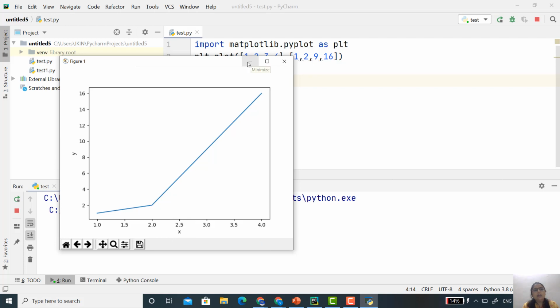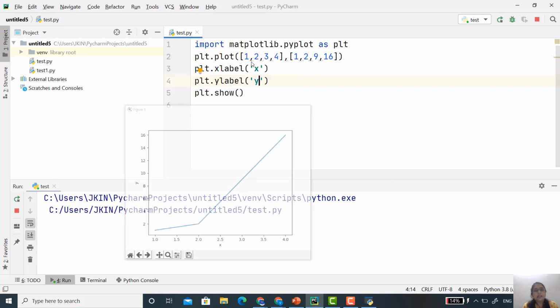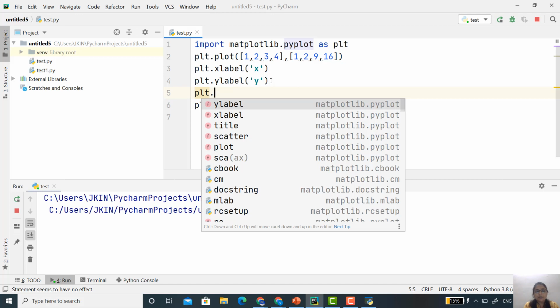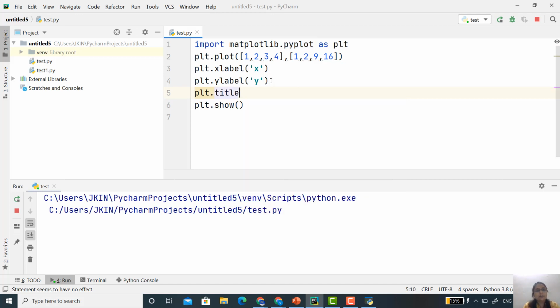Now if I want to give some title to my graph, then I can use this. Again, it's a very simple thing. Plot, then what do you want to give? It's a title. So simply you have to type title, and here it's my graph. Now let's see.